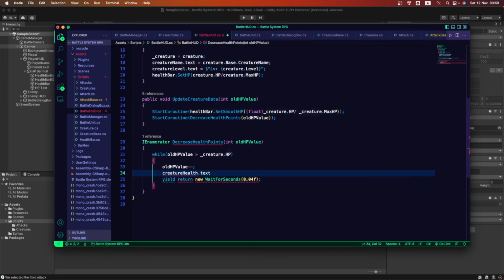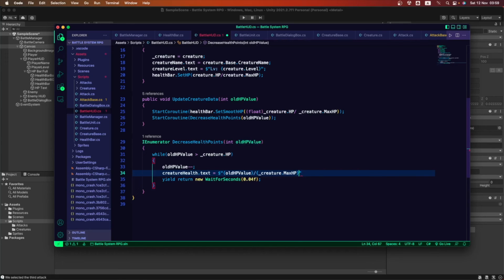Okay, so creatureHealth is gonna be equal to, and this is going to be a string, and this is going to say, let's open up curly brackets, this is gonna be oldHP value, and outside the curly brackets we're gonna use that line, and let's open up other curly brackets because we wanna get the health, the max health points from our creature.